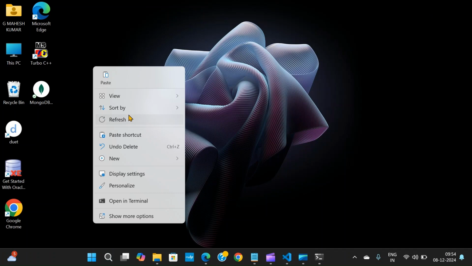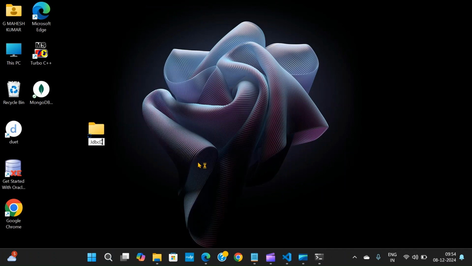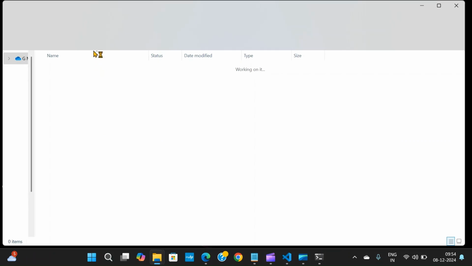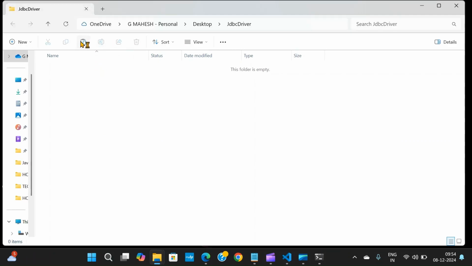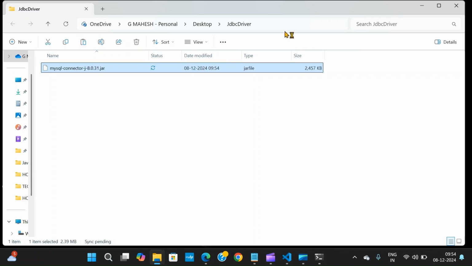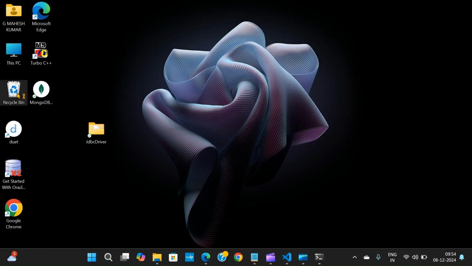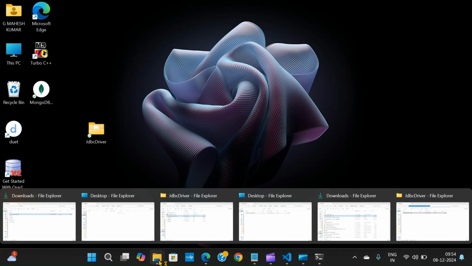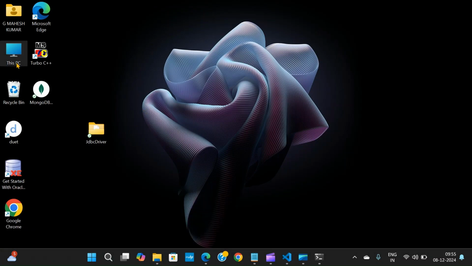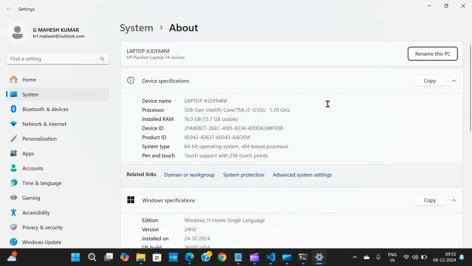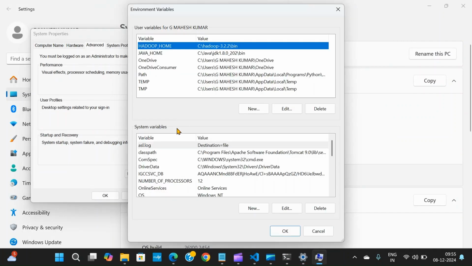I'll create one folder here, and I'll type JDBC driver and put into this. Just paste that. Okay, now once you do this, you just copy the path. Just go for my computer, right click, then properties, then advanced system settings, then environment variables,